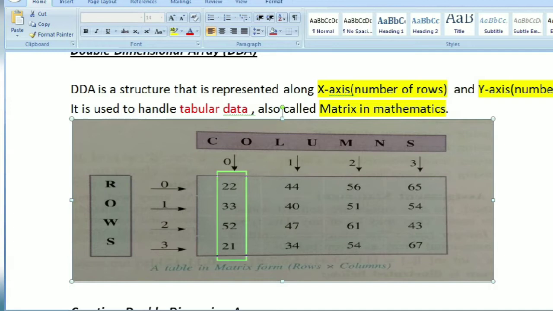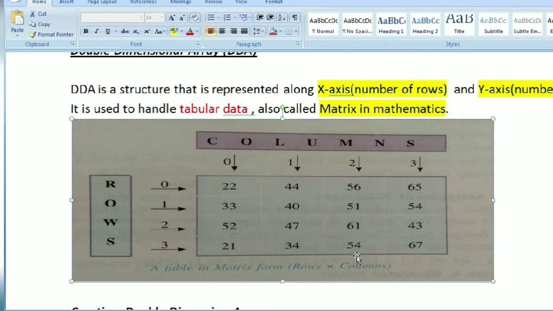This is your first column, this is your second column, this is your third one, and this is your fourth one. Similarly for rows: this is the first row, second row, third row, and fourth row.